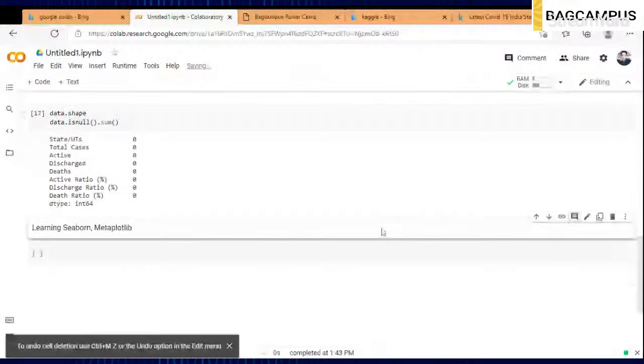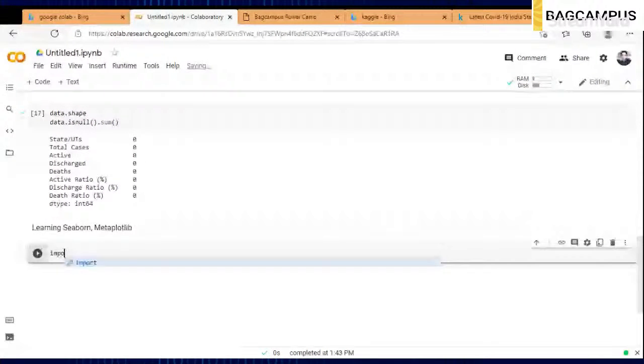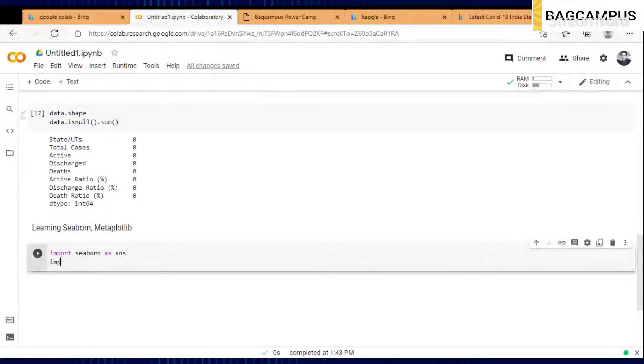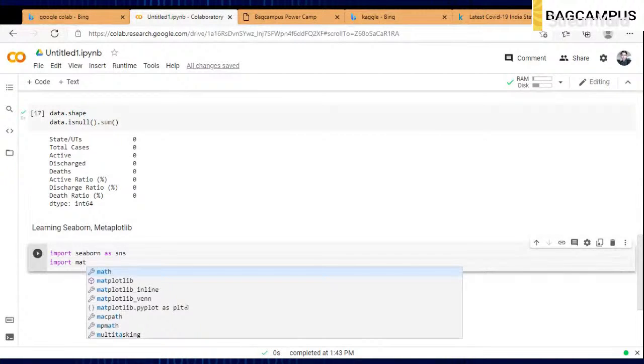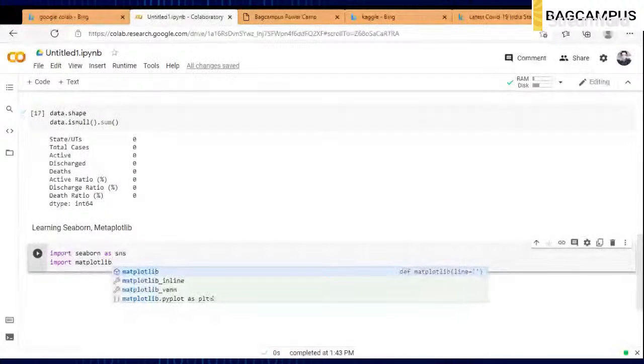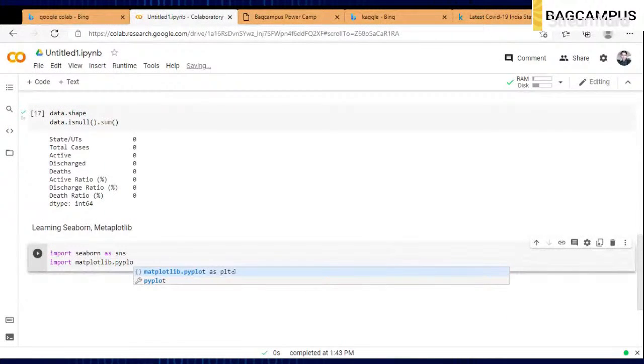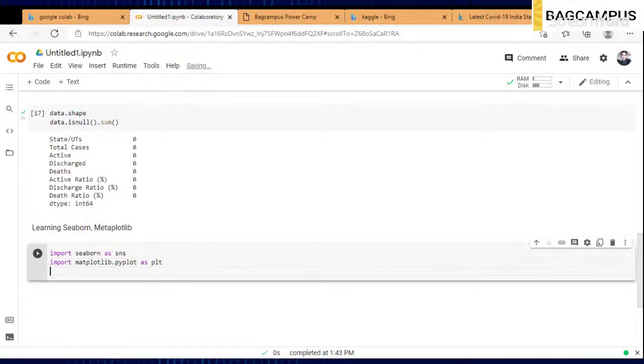So I will just go with import seaborn as sns, and I will go with import matplotlib. Then I will click on the run button. It shows me that all queries have fired properly. So I will just go with sns dot